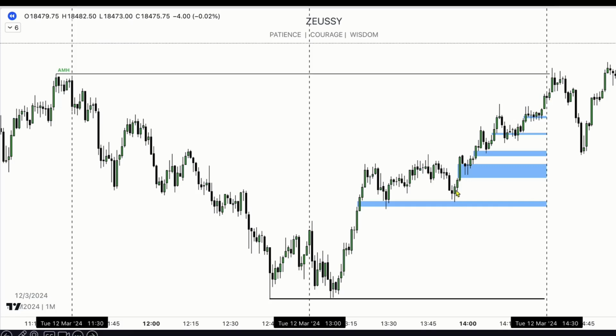Market manipulates lower during a key time window, but notice that it doesn't displace below this low. Why is that important? Because this low formed at the right time, making this close to the low a bullish rejection block. And when we see price respect that rejection block, displace to the upside, I went long inside of the retracement into this BC, anticipating the market to draw higher towards the previous cycle's high, which was here, which was nearly exactly the same high as the AM high.